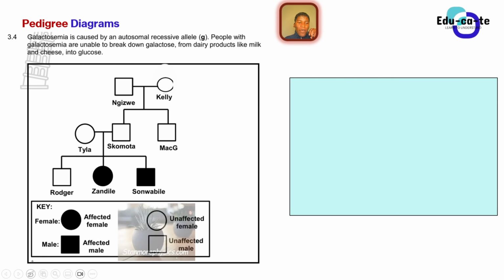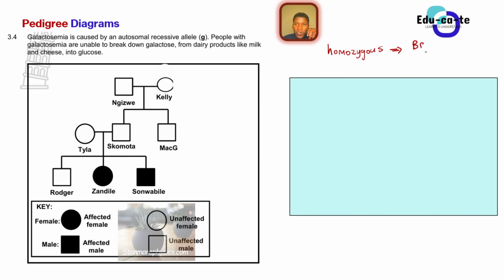You should be familiar with these 2 terms, very familiar with them. You should be familiar with the word homozygous. As long as you're watching my videos, you must know what homozygous is. Homozygous just means you've got 2 alleles of the same kind. It's either dominant or recessive. So homozygous, it's either you've got dominant and dominant, or you have got recessive and recessive. And the other term that you should be familiar with is heterozygous. Heterozygous, remember, means that you've got a dominant and a recessive. Please be familiar with these terms because they help you to be able to construct genotypes for each and every individual.